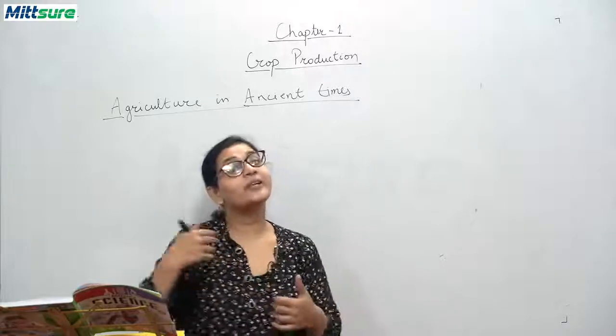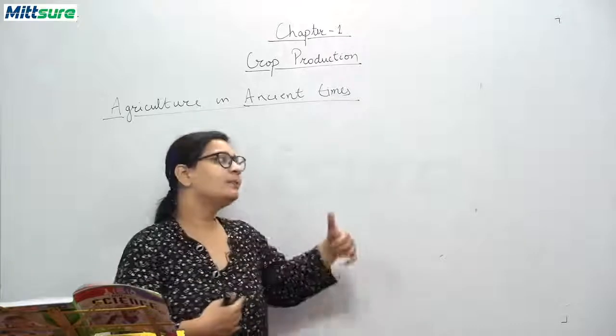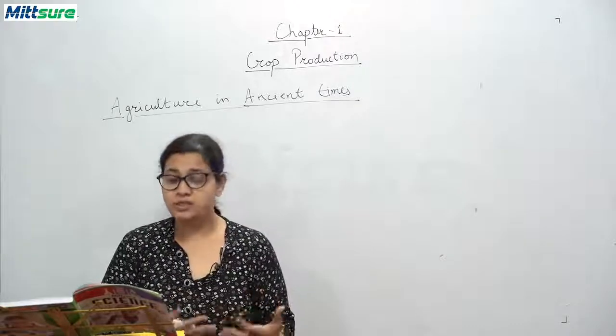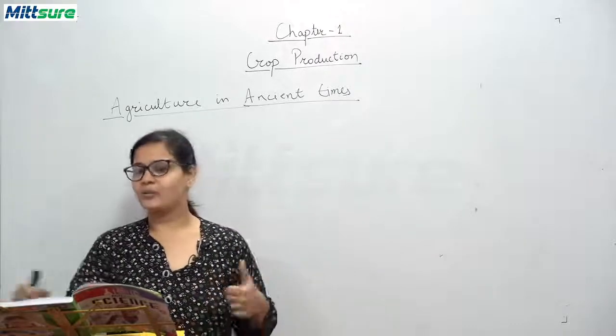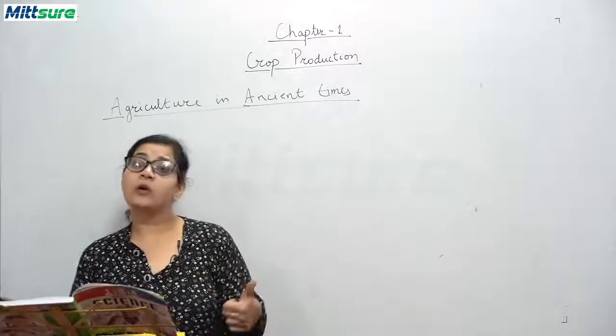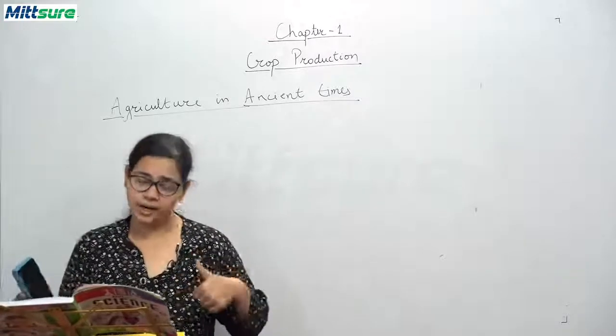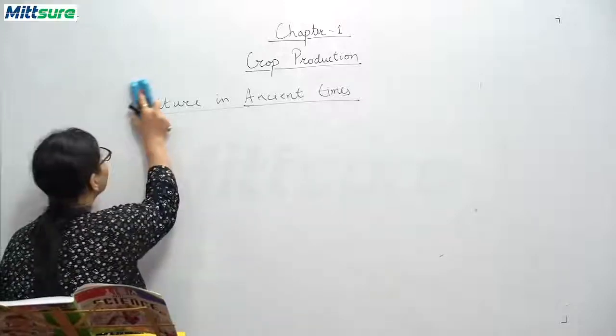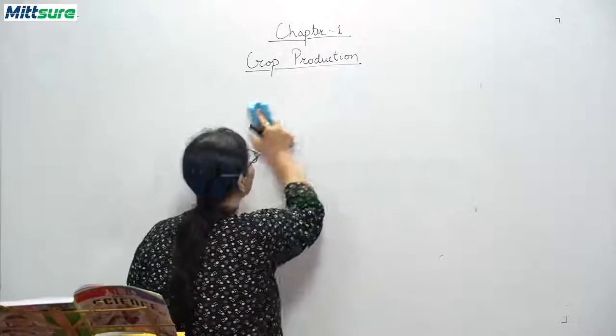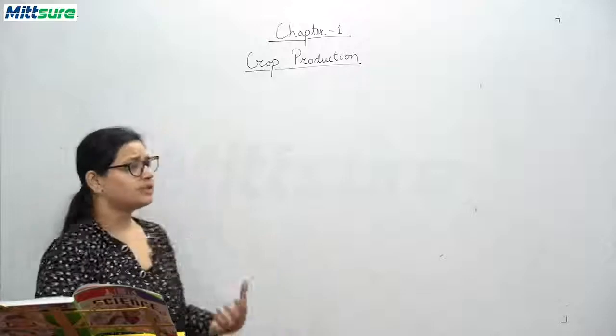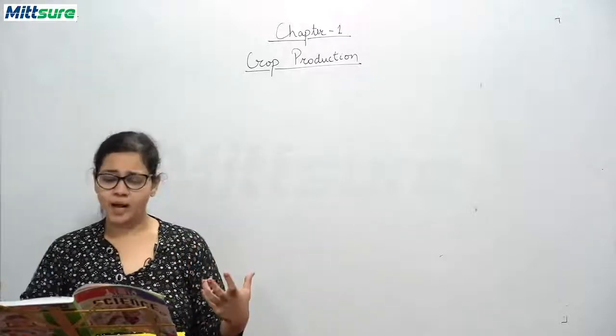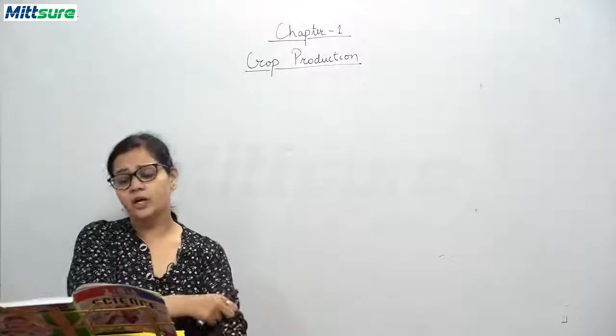So these types of technology are also being implemented in our agricultural practices. Okay, now the next heading: types of crops based on products. That is, the products that are derived from the plant or from the yield of the crop.